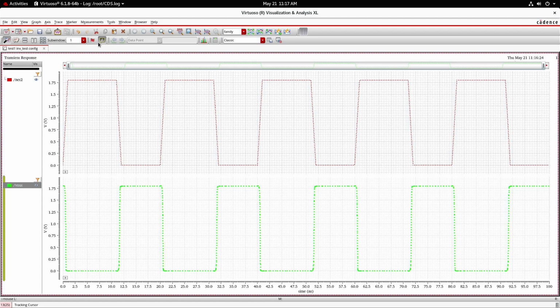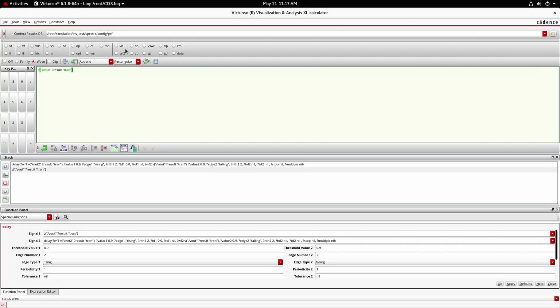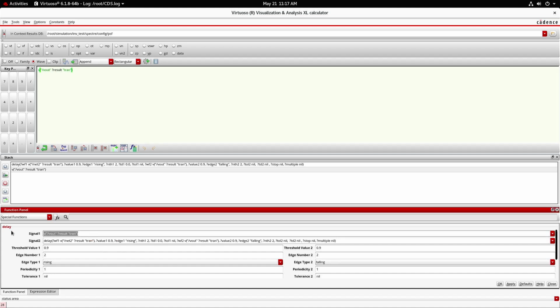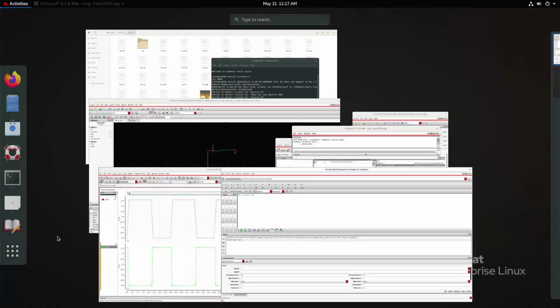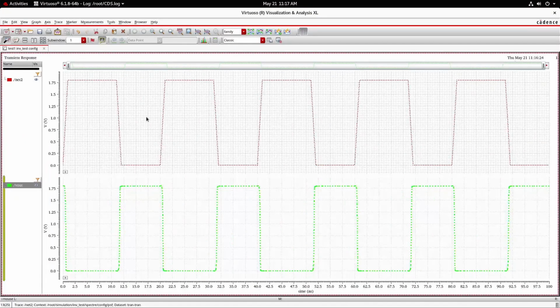Now perform the calculation, that is analysis. Invoke the tool, that is the calculator, by executing Tools, Calculator. It will open. As I have already used it once, by default wave is enabled, clip is disabled. Otherwise you need to enable wave and disable clip. Then select signal 1 and signal 2 from the waveform browser. Signal 1 should be input. Go to the waveform browser and select input here.